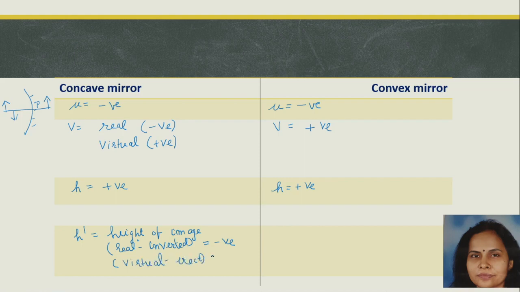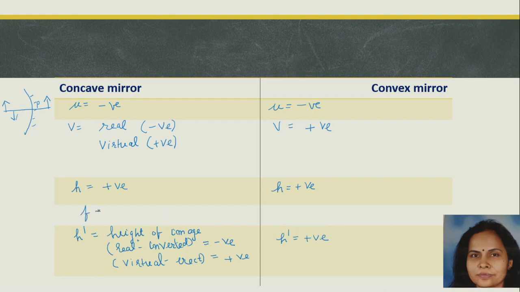So in that case, erect, that means above the principal axis, so it will be positive, right? In case of convex mirror, we always get virtual and erect image, so it is always positive, right? So the last